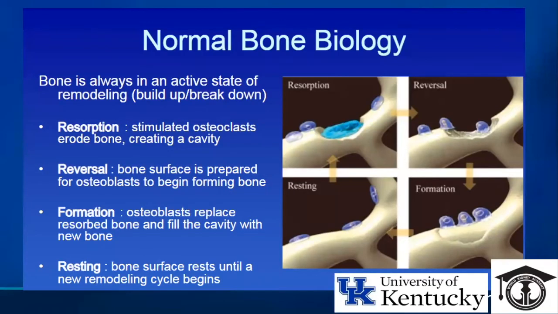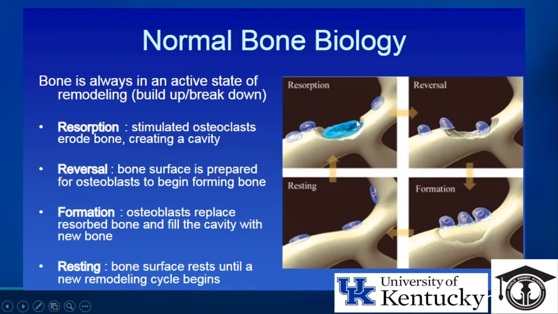We need bone turnover basically because our bone is a healthy and living structure. If it doesn't have bone turnover, this means that it's dead. So to heal up microfractures, to take out old unhealthy bone, and to release calcium and phosphorus when needed from the bone by bone resorption is very essential in our homeostasis. So to have bone formation, this cycle starts by bone resorption. The osteoclast needs to be activated, then starts to eat up the bone, erode the bone, and create a cavity.